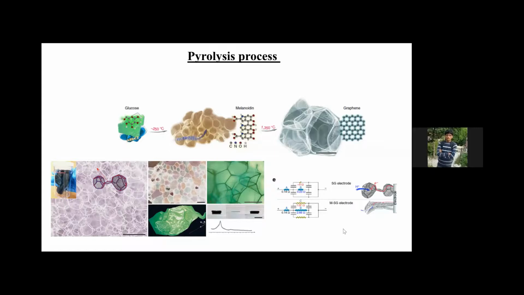But as it is now, we can see it, and if we increase the temperature, this is a very high temperature, around 1400. If we increase this temperature, we can get the 3D porous graphene, as we can see here, which is a very unique structure with very good pores, so it might get high supercapacitive performance, or it has other properties, mechanical strength or gas sensing or anything, so it can be used.